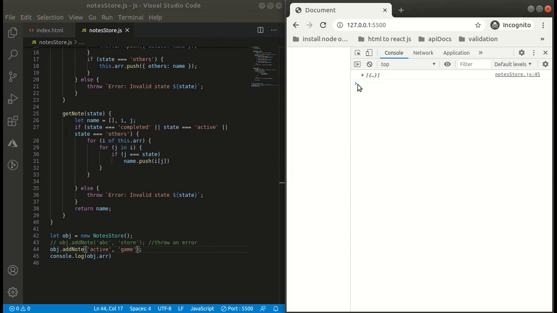We have console logged it, and we have found one item in our array, one object. And similarly we can add another object in our array. Yeah, we have got two objects in our array.